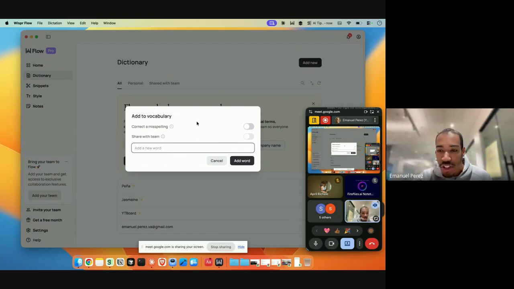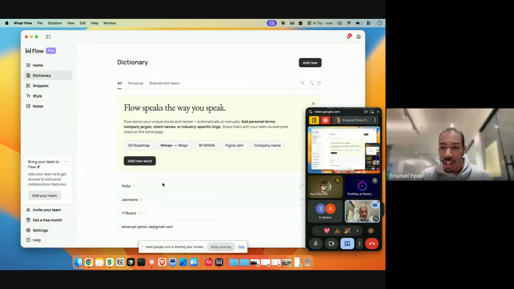So for example, my first name, Emmanuel, is commonly spelled with two M's, but for me it's one M. So I think somewhere here I had to add it in. And also there's a student that participated in our innovation challenge we held last month. Her name is Jasmine, but it's spelled differently. It's spelled with an A instead of an I. So I made sure when I was sending an email, speaking the email to Jasmine, to add in her pronunciation in here.